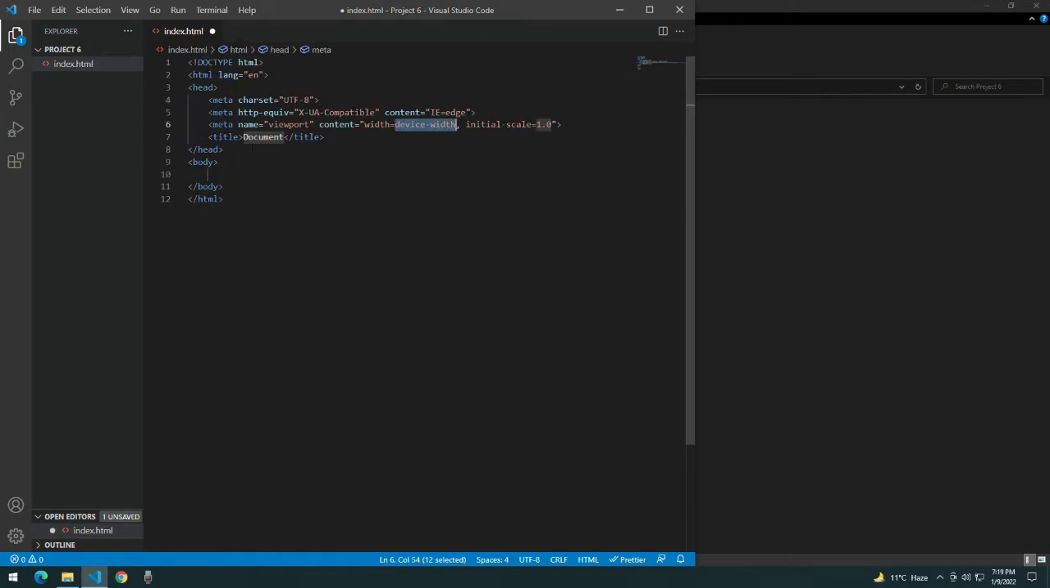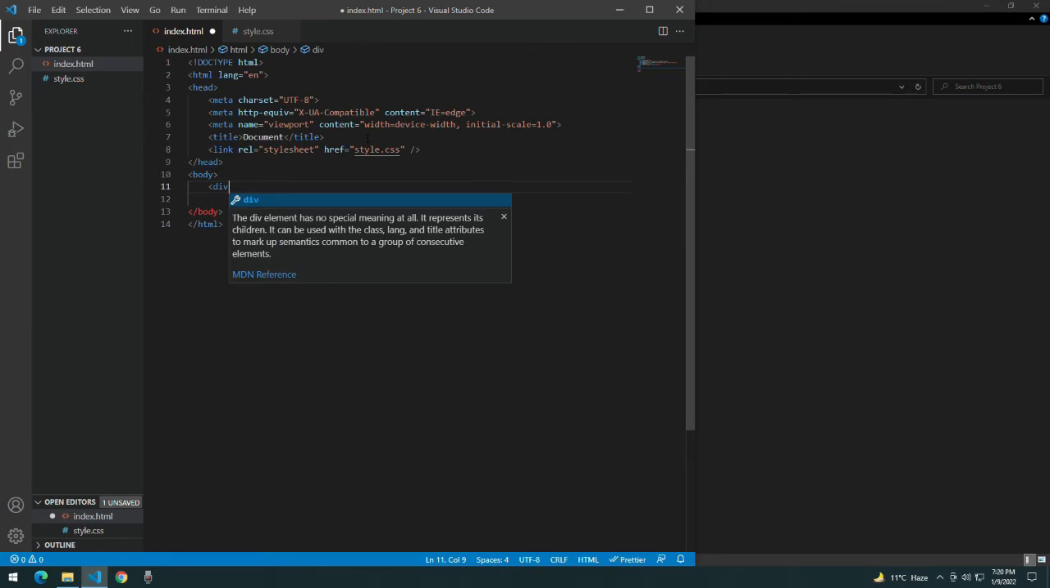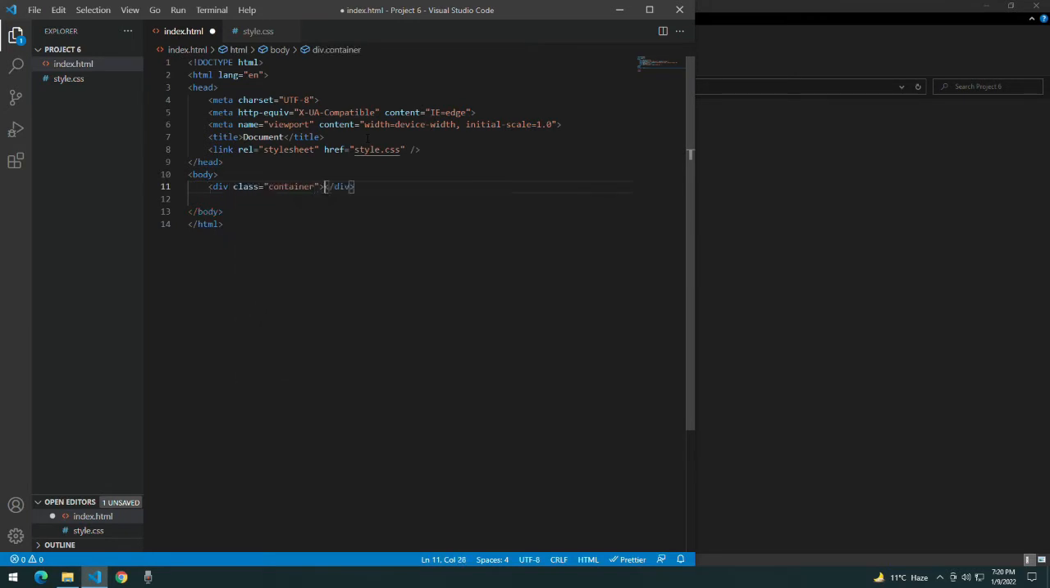Let's start with the index.html file and create a style.css as well. And now let's link style.css with the index.html file, using a stylesheet link and href style.css. Now once we have connected our style.css, let's start off creating the HTML, and we will create a div of